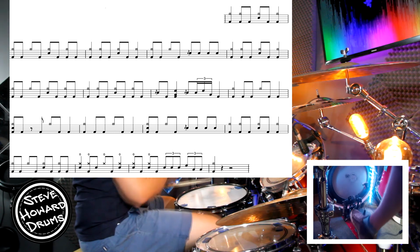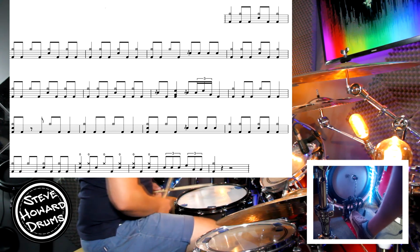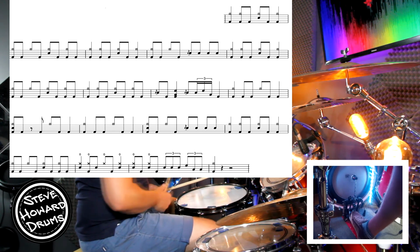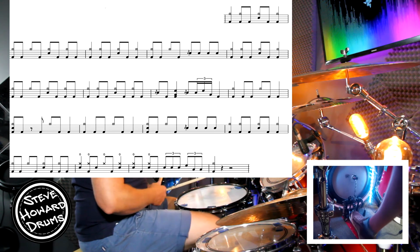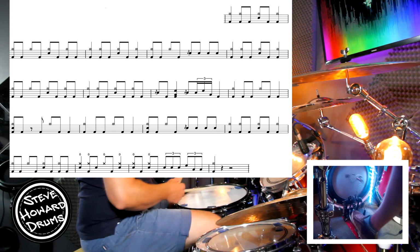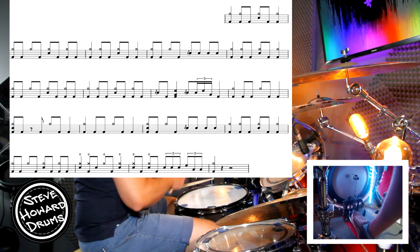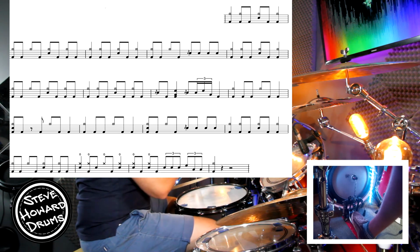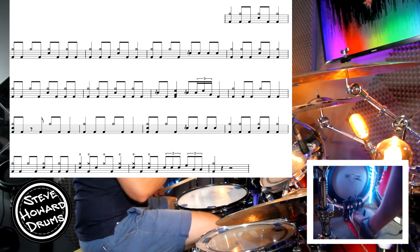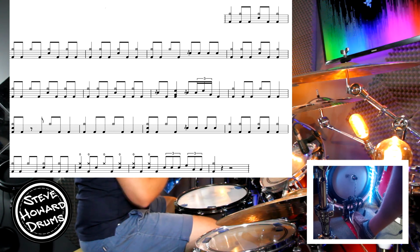Let's move on. 1, 2 and 3 and 4, 1 and 2 and 3 and 4, 1, 2 and 3 and 4, 1 and 2 and 3 and 4 and 1, 2 and 3 and 4. Last 4 bars. 1 and 2 and 3 and 4 and 1, 2 and 3 and 4, 1 and 2